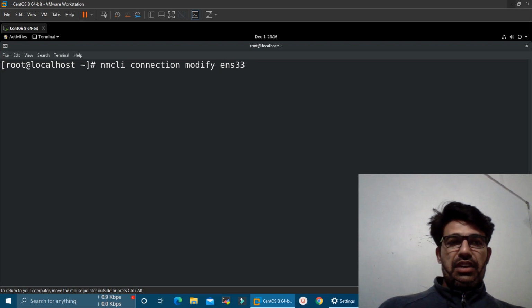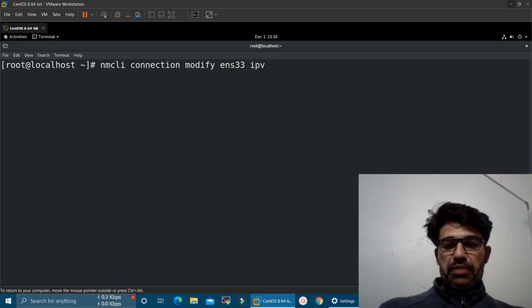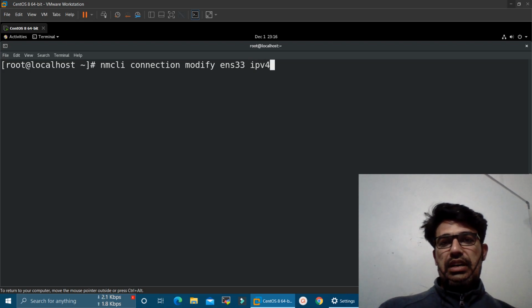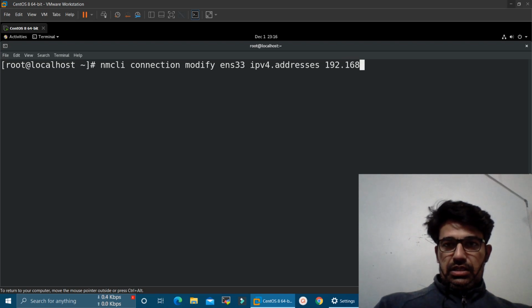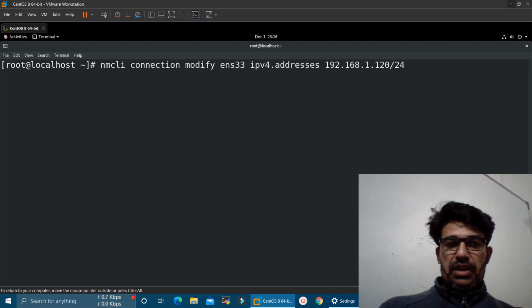Then if we want to set IPv4 we can mention ipv4, or if we want to set IPv6 we can specify ipv6. ipv4.addresses, and then we can mention the IP address, that is 192.168.1.120. Let us suppose I want to set this IP, and then the subnet mask,